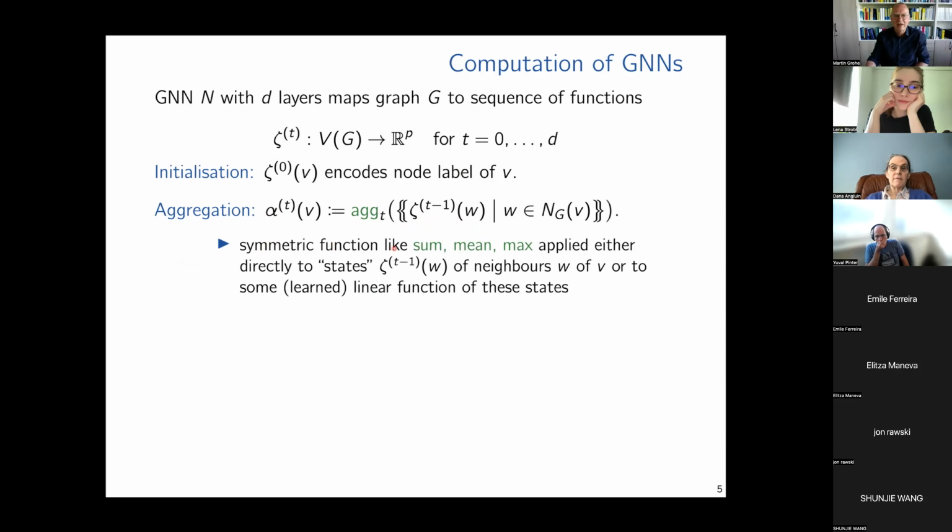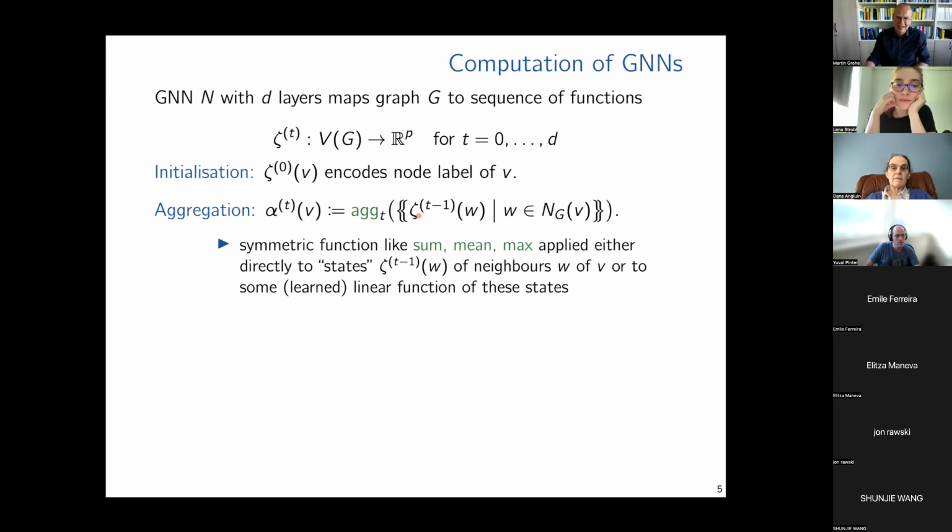In general, this aggregation function should be a symmetric function so that we can apply it to a multiset. Sum, mean, and max are the ones typically applied in practice, okay? And we can also apply them to a message function that is first transforming the state into something else, but that doesn't really make a difference for the theory.